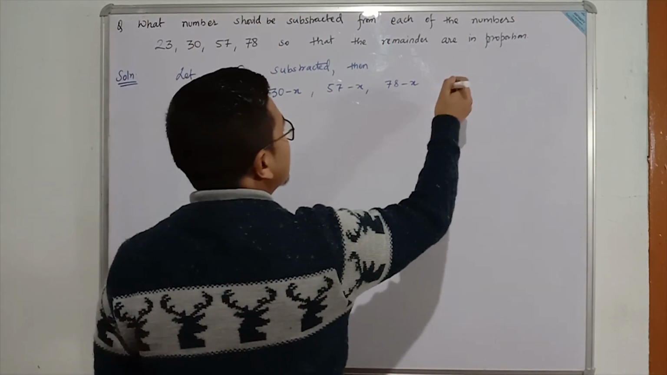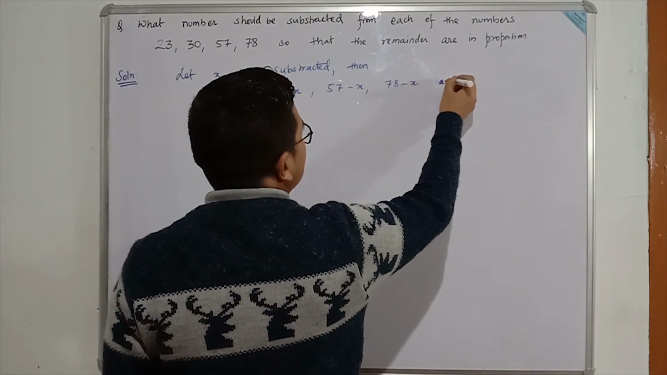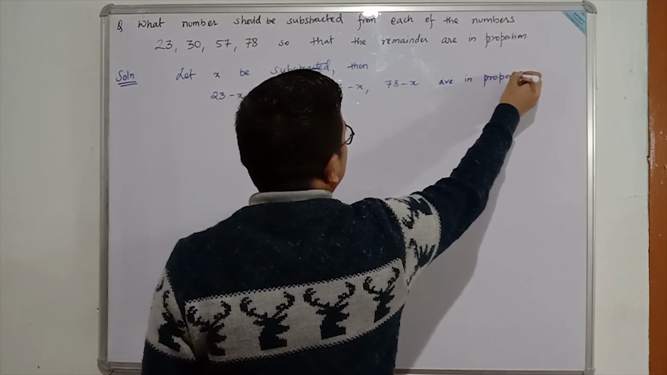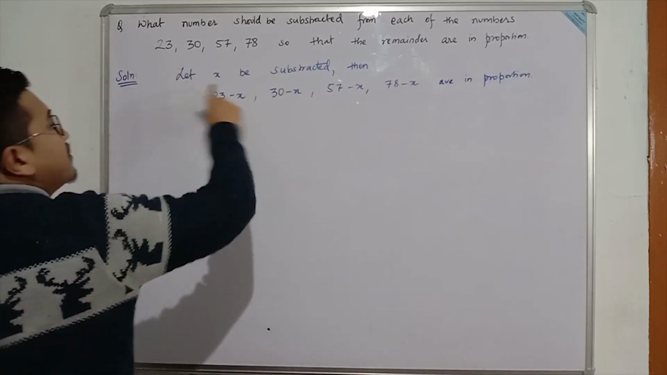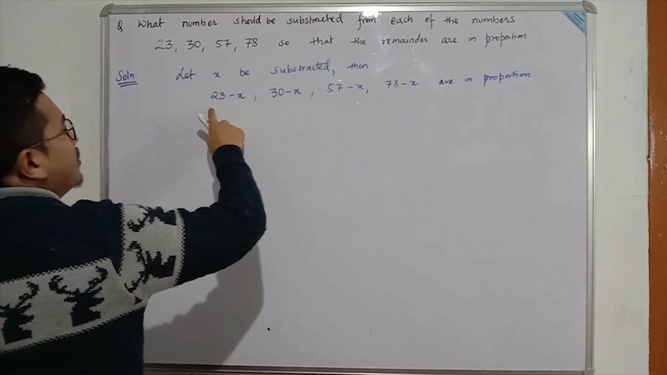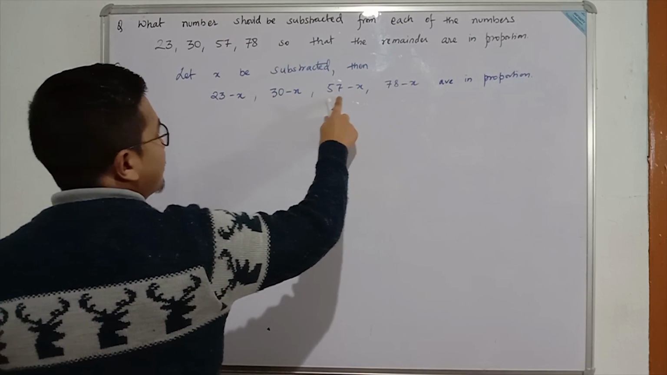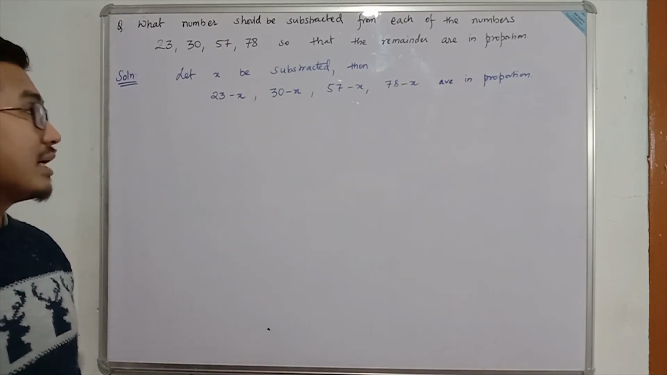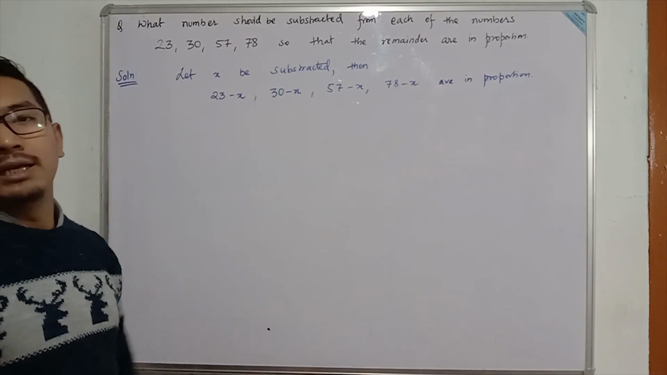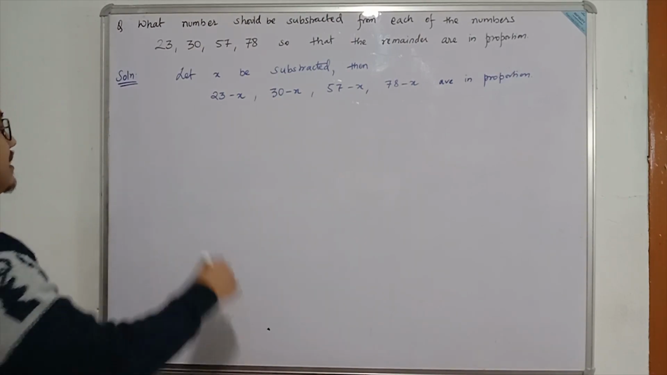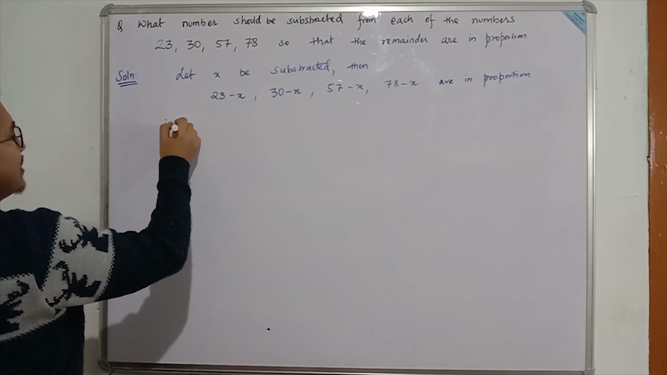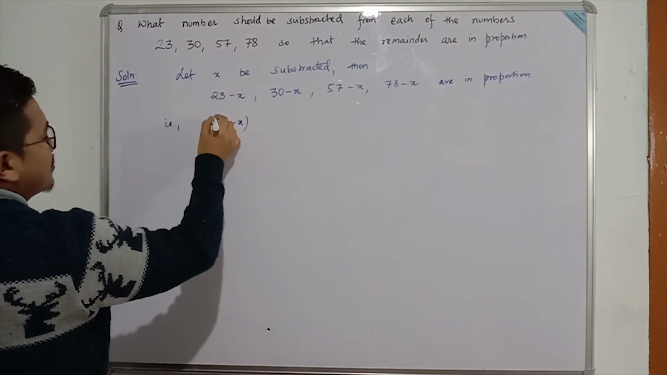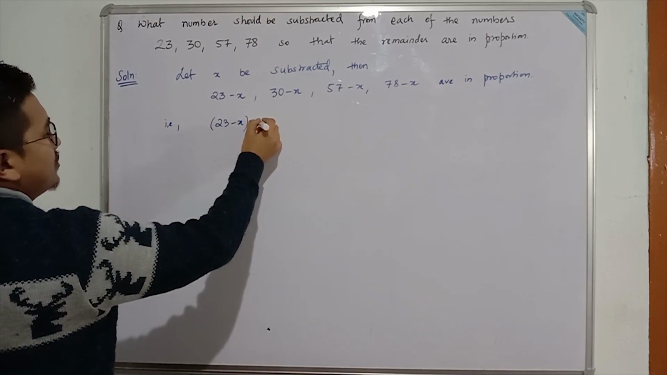So let x be subtracted. Then 23 minus x, 30 minus x, 57 minus x, 78 minus x are in proportion. So after subtracting, the numbers that we get will be in proportion. So that implies, that is (23 minus x) is to 30